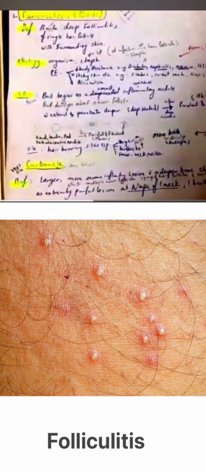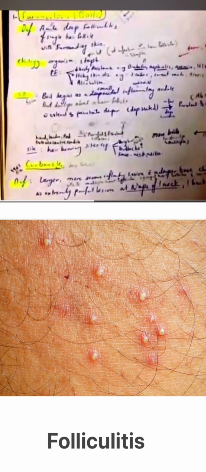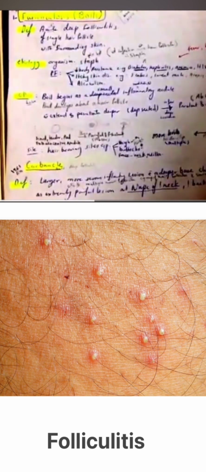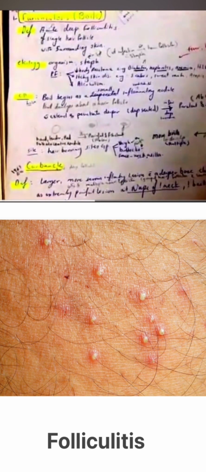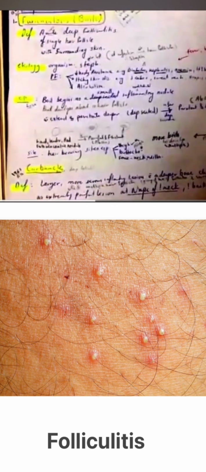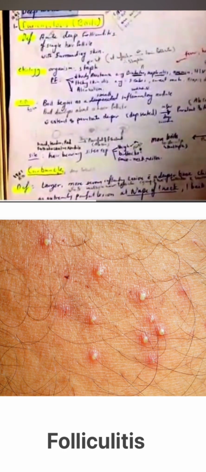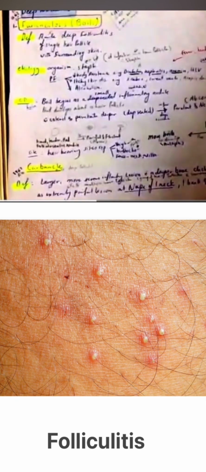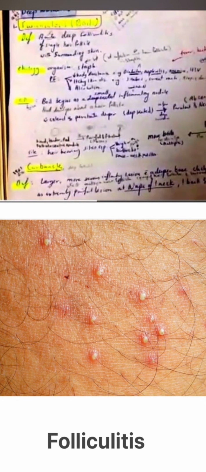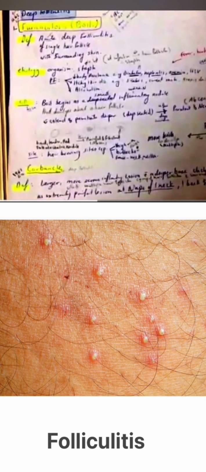So it is a hard, tender, red follicular center nodule that becomes a painful and fluctuant abscess, and then pus is discharged. The sites are hair-bearing sites such as the thigh, buttocks, face, neck, and axilla. Furunculosis is acute deep folliculitis of a single hair follicle with surrounding skin. Etiology is staph. Predisposing factors are itchy skin conditions and low